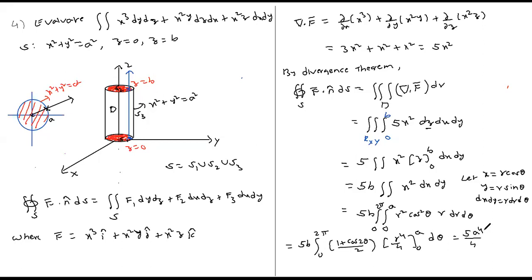into b, and integration of this is theta plus sine 2 theta by 2, the limits from 0 to 2 pi. So what else, you just have to substitute the limits and simplify. The simplification is going to be 5 pi by 4 a power 4 b. Just substitute these limits and see that this is going to be actually 5 pi by 4 a power 4 b. So that is how we do,